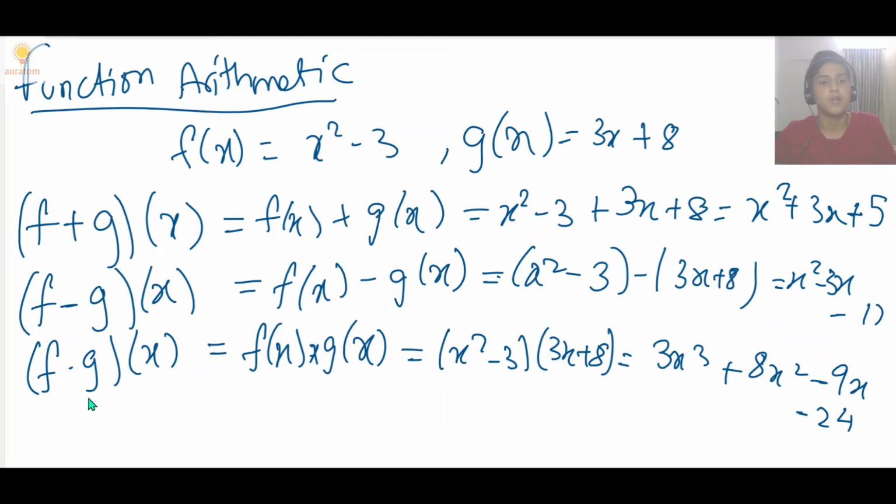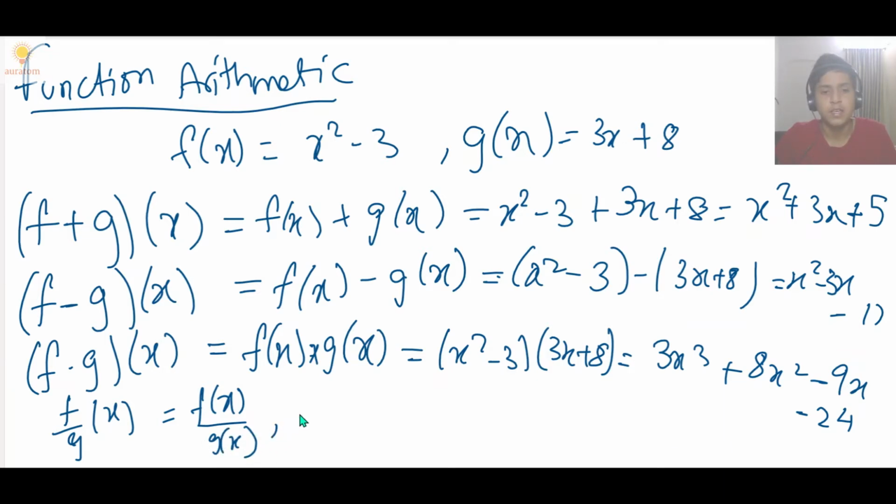So now let's move on to division. We can also divide two functions like f divided by g of x, and this is just going to be f of x by g of x, the division of the two functions. And provided here is an extra condition: g of x is not equal to 0. That's one really important condition, because if g of x is 0 here, we can't divide something by 0, right? That's not possible. So g of x should not be equal to 0. So we should exclude those values from the domain of x where we get 0, right?